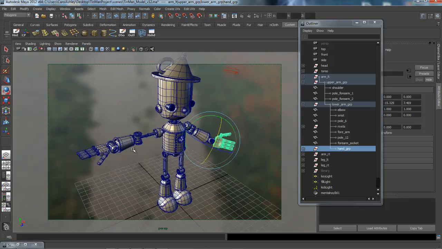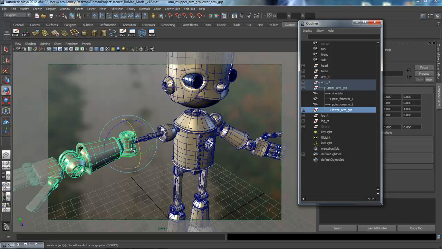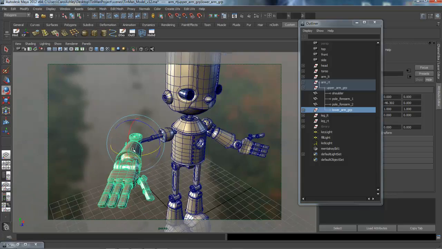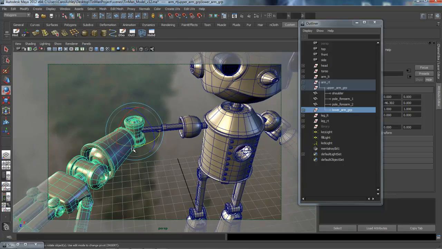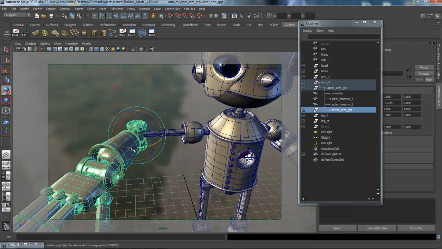Okay, and let's go ahead and position this one. Close that down. Open this one up. And I think we have some negative transforms on here. We do, so these are actually sliding in the opposite direction. You know, if this were going to be animated and rigged, all of that would need to get corrected, but I'm just going to pose this for one scene here and not worry about correcting that little problem right there. That's from the duplicate special with the negative scale in there, did that. So